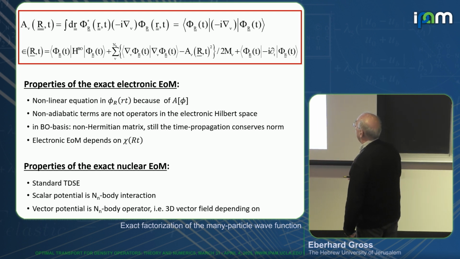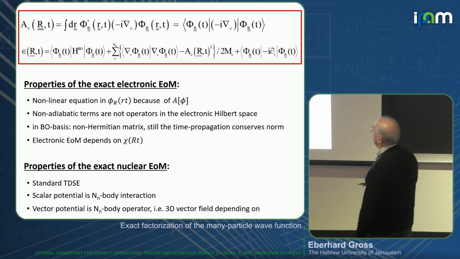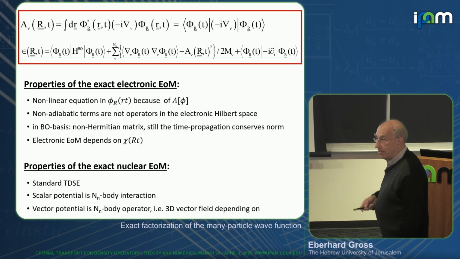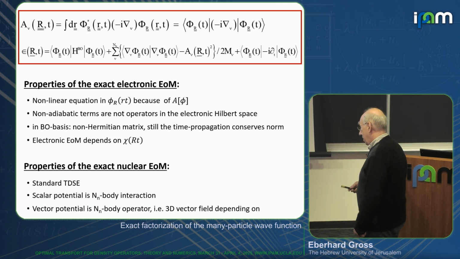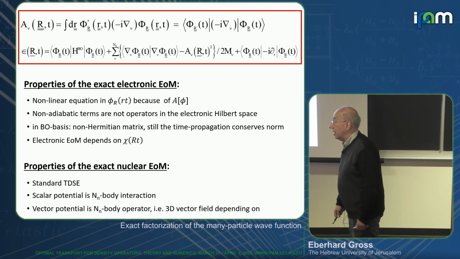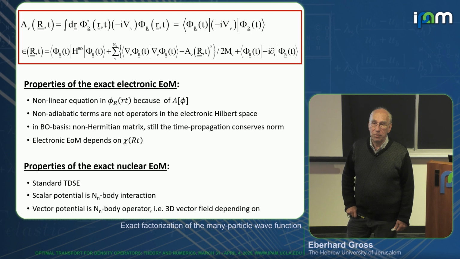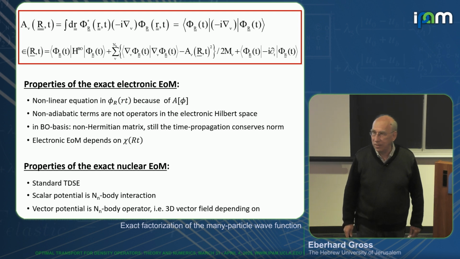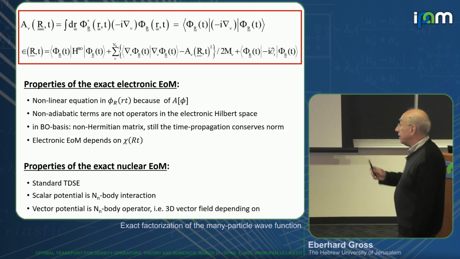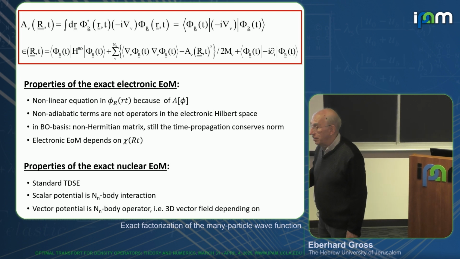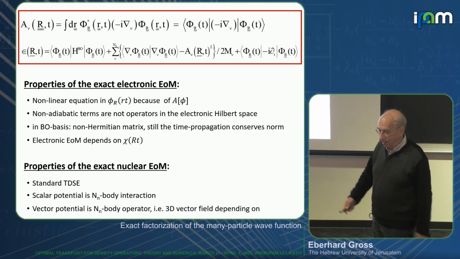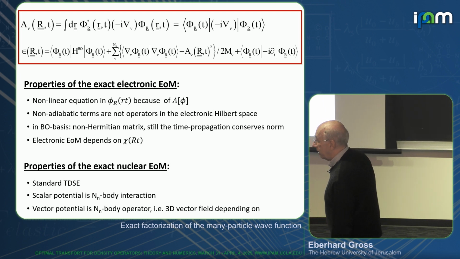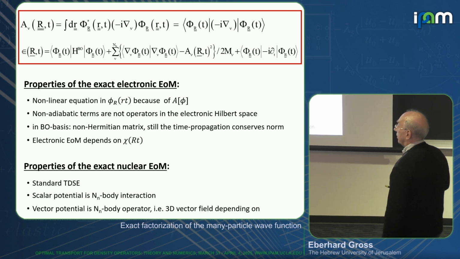Then there's these non-adiabatic terms, derivatives with respect to the parameter. Now, if you investigate these terms, the right-hand side of this equation, you realize that this is actually a non-Hermitian operator. So if you write this whole thing, let's say in the Born-Oppenheimer basis, you realize it's non-Hermitian. But it's the kind of non-Hermiticity that still conserves the norm if you propagate it. So it's non-unitary, but it preserves the norm of the state,